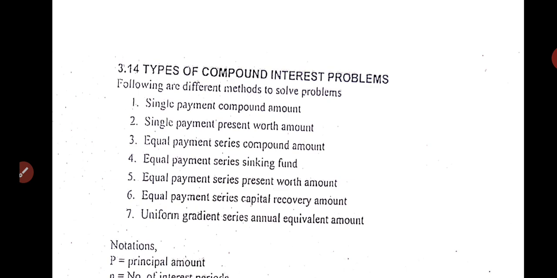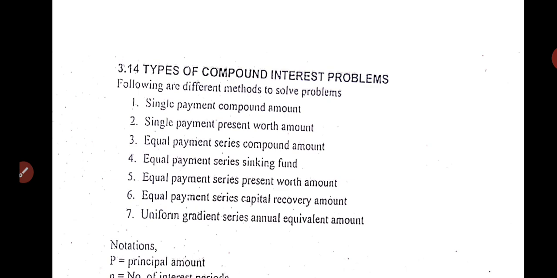There is something called RD in banks and post offices, where every month or every year we keep some fixed sum. Fixed, the amount will not change. We will go on keeping that amount for a certain period of time, and at the end of that period, how much money will we get?